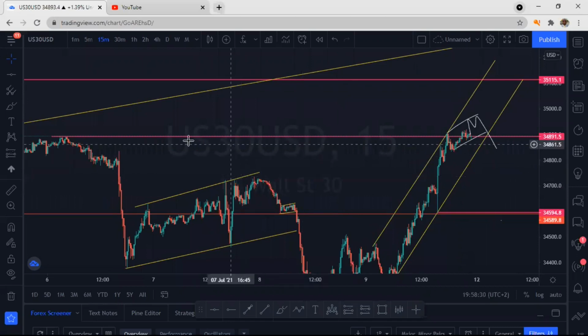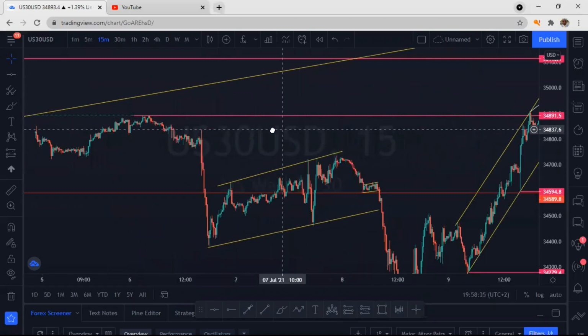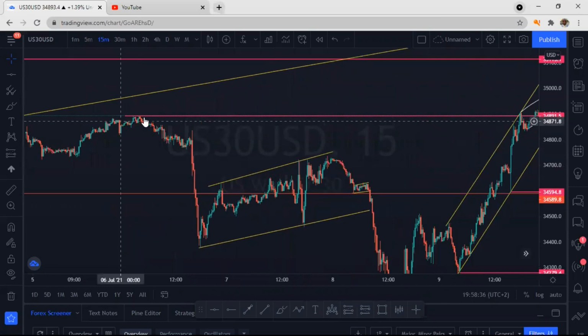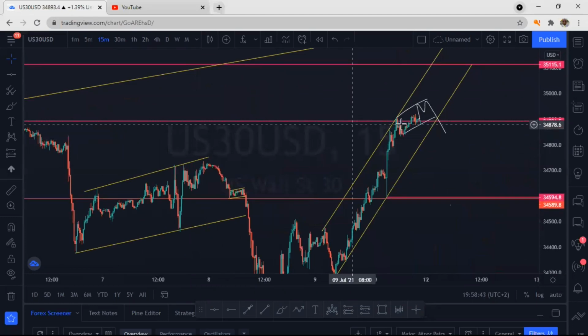So what we can do, guys, for instance, look at this. Now it's here, a double top. A double top here, né? You see what happened with the price here? It got here and it pulled back, came to this level, and now it's playing around here. Did it come here in an impulse way or in a correction manner?